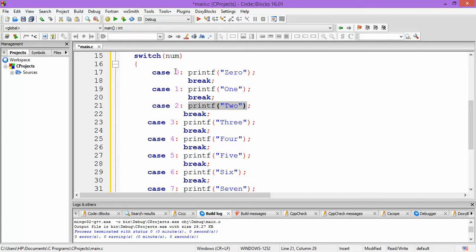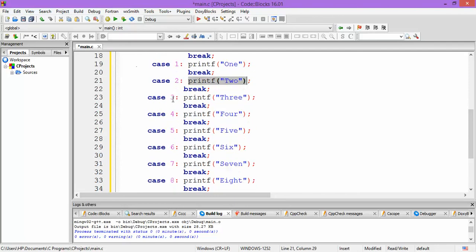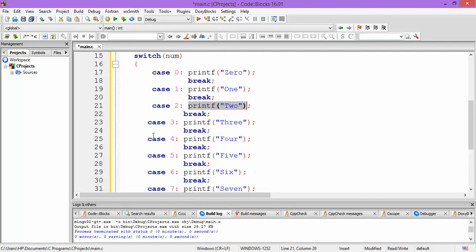So sequentially it would be checked one by one, and whenever the nums value matches with the case's value, then the statement, or multiple statements, that are written after the colon would be executed till a break